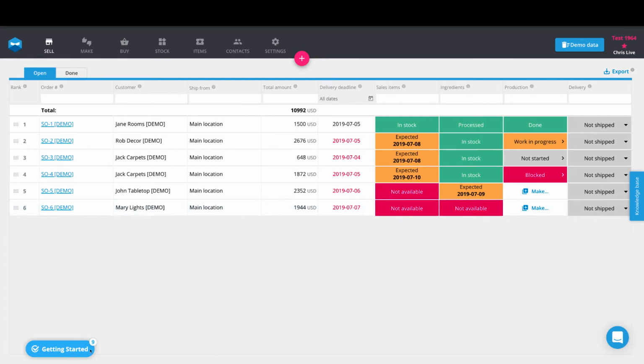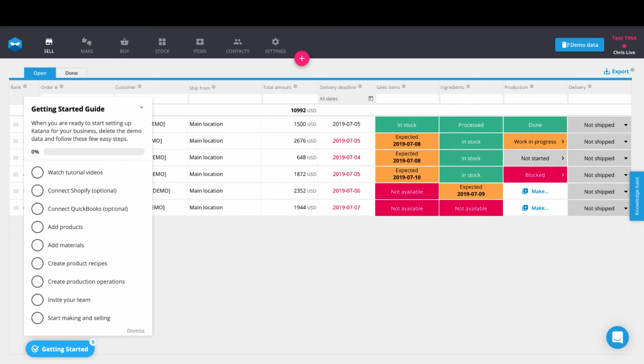You'll also see here at the bottom left, when you first sign up for a trial on our website, katanamrp.com, you could just sign up there for a free trial, 14 days, no credit card commitment, you're good to go. We do this getting started guide to really help you ease the onboarding process. You can watch tutorial videos, connect your e-commerce, connect your accounting, add your products and materials, create recipes, create production operations, invite your team members, and then of course our end goal is to get you making and selling through